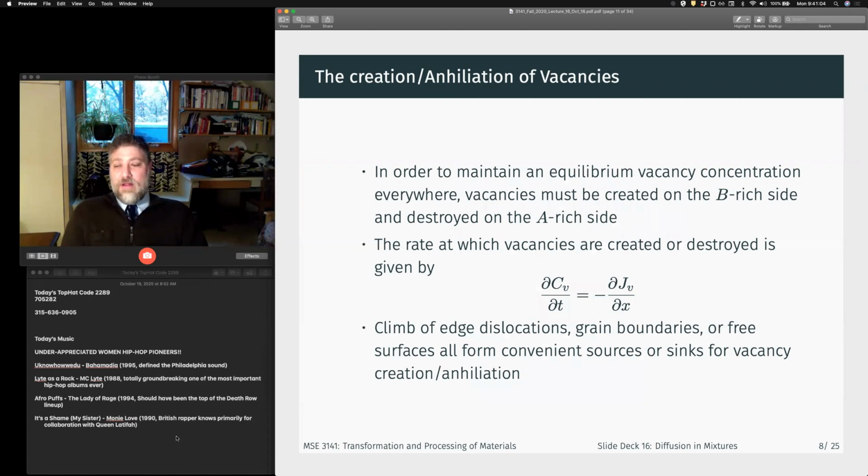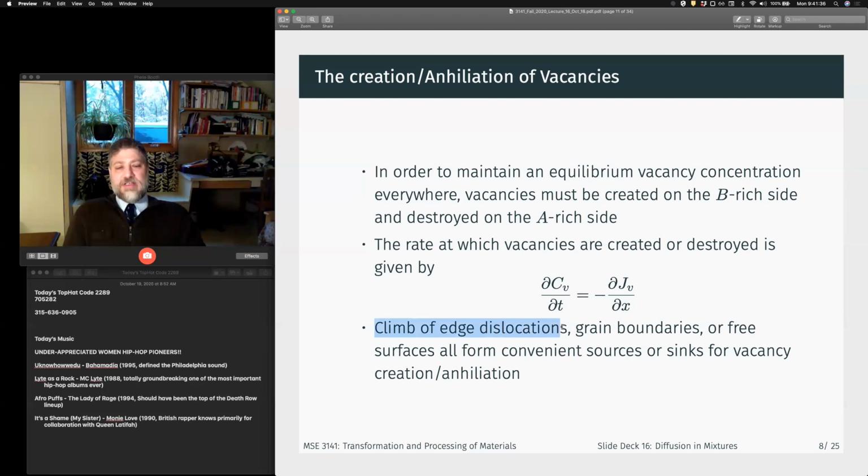Okay, so I'm glad I put this in here then. In order to maintain our vacancies, we need to create or destroy them. So the rate at which vacancies are created or destroyed is essentially going to be given by this balance here. But the important bit on this slide is we have grain boundaries and free surfaces, but also